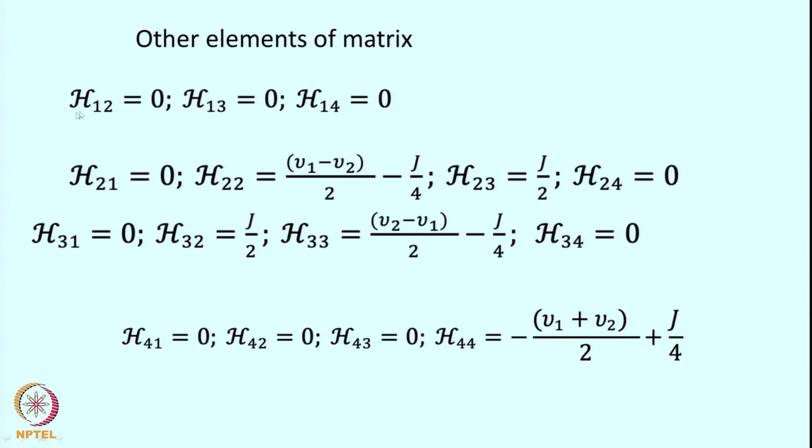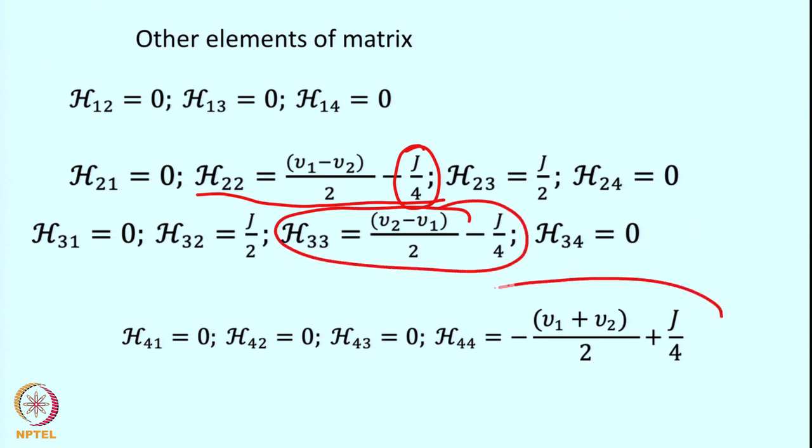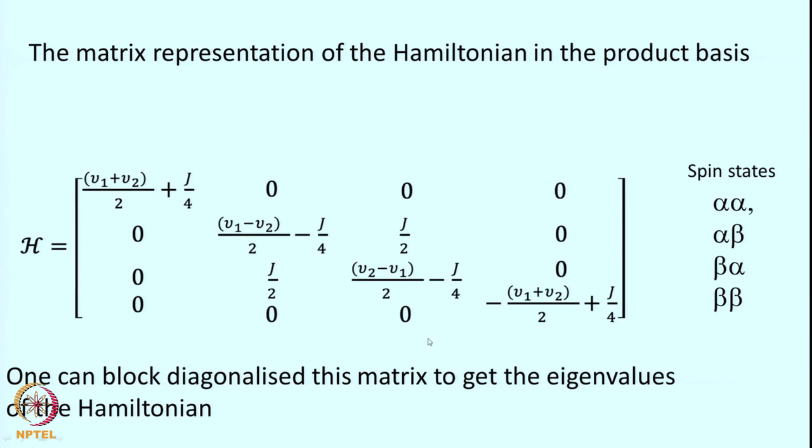So, here the other term H12 will be 0, H13 again will be 0, H14 will be 0, and the point to pay attention to is that H22 will have a value of that minus J by 4. So, earlier it was plus J by 4, now minus J by 4, and similarly here you have minus J by 4, and here that will be negative, that will be plus J by 4. So, now by solving this equation we have non-zero terms, and there is also a J by 2 term, here J by 2 term. So, if we solve this equation, we get this block diagonalized representation of this matrix,